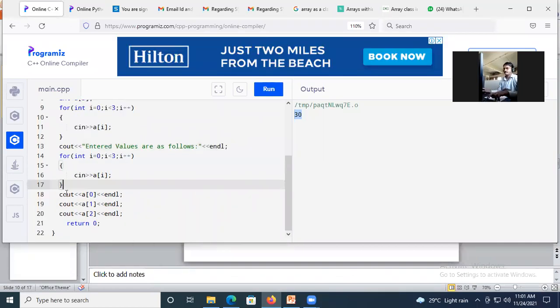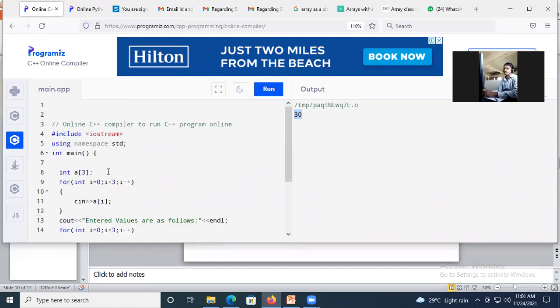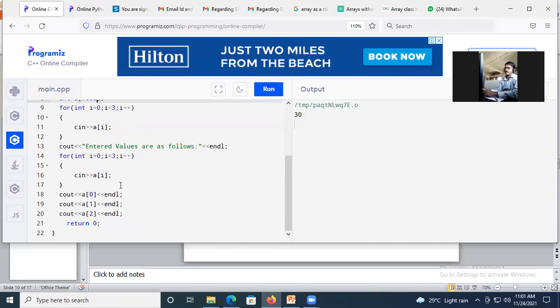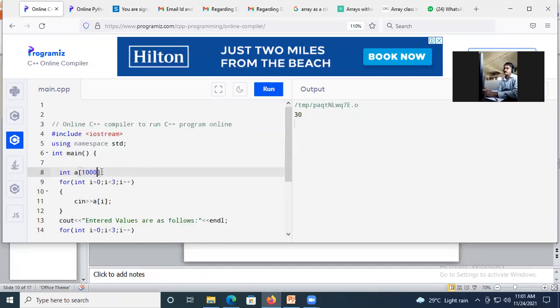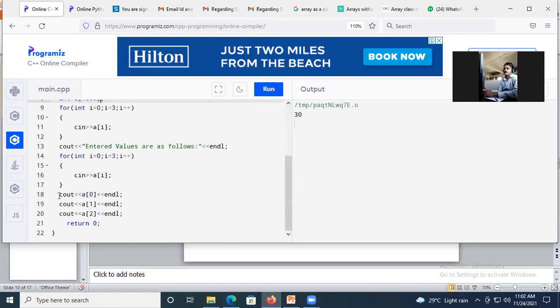This writing multiple times is not a good practice. You can write all the elements this way, but if you have, let's say, 1000 records in the array, 1000 numbers saved in the array elements, are you going to write this sentence 1000 number of times?